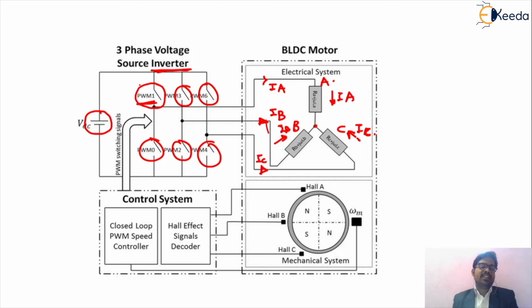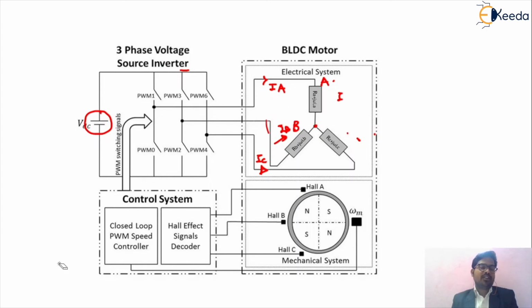So friends, first of all, we can understand that when we are giving the supply, at that time we need two phases. The first phase is from the upper leg and the second phase is from your lower leg, which will be conducting. So friends, now we can understand how the path of conduction takes place. Now I can represent the path of the conduction, so we can understand the actual concept.